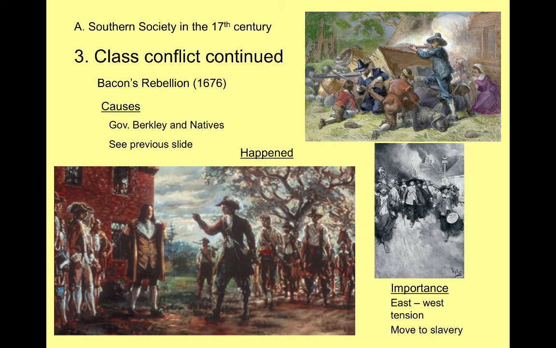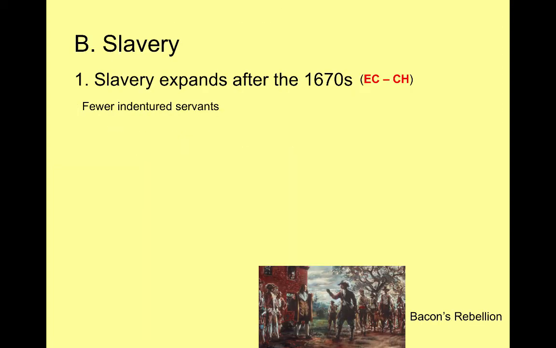We can still grow our tobacco, we can still make our large profits, but we don't have to face future rebellions, hopefully, because we're never going to create a class of free, angry farmers out west who will rebel against us, because our African slaves will always remain tied to the land here in the East and always enslaved and unfree. They can never rebel. So this seems to be a solution for the South. And so we're going to see the numbers of African slaves go up dramatically after 1676.